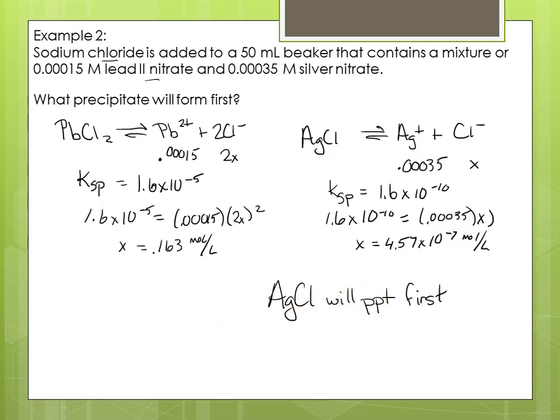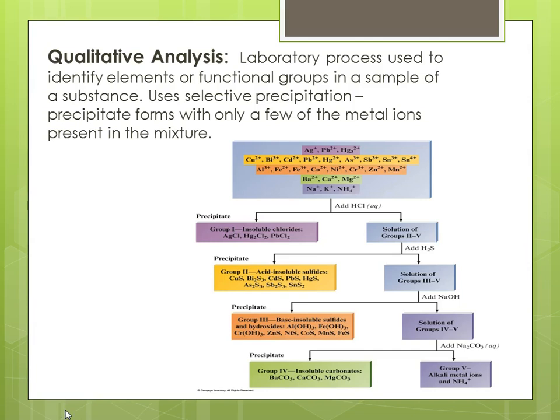So that kind of gives you an idea of what types of problems you might be dealing with with KSP. So just keep everything in mind about what you've learned about equilibrium, Le Chatelier's principle, and that'll serve you well. Now the last little piece of this chapter talks about qualitative analysis. Hopefully we get time at the end of the semester to do it because it's kind of fun. Basically you get a big soup of stuff and you've got to figure out what kind of ions are in that. And so knowing solubility rules and figuring out precipitates and that sort of thing is really, really helpful in